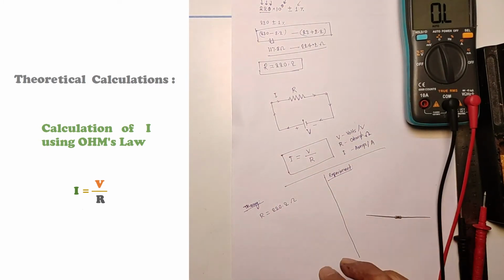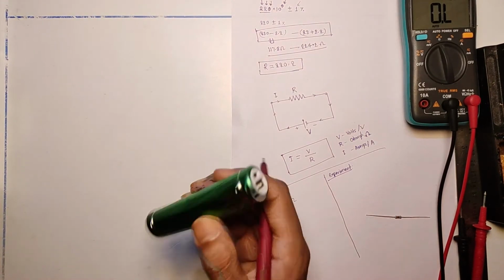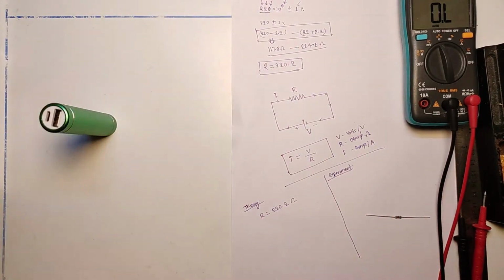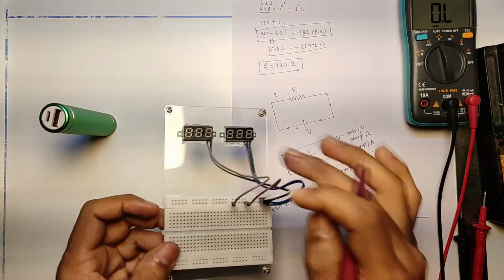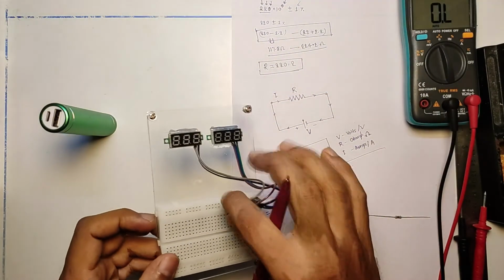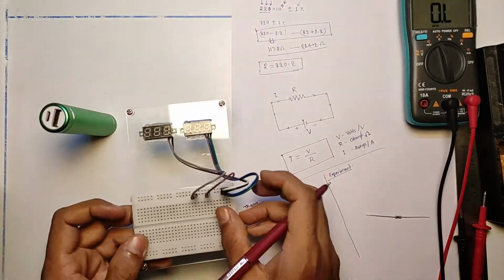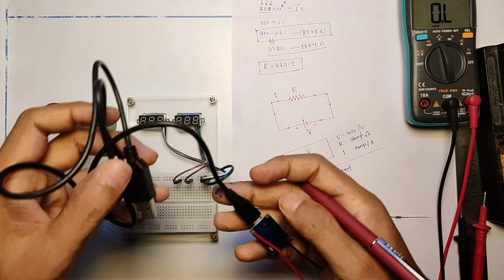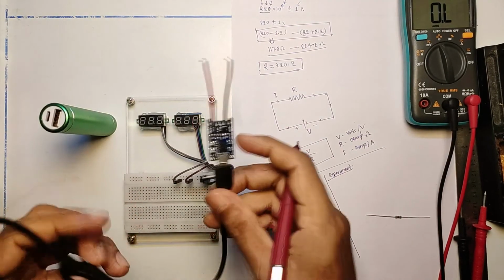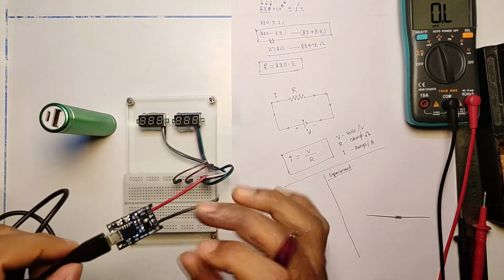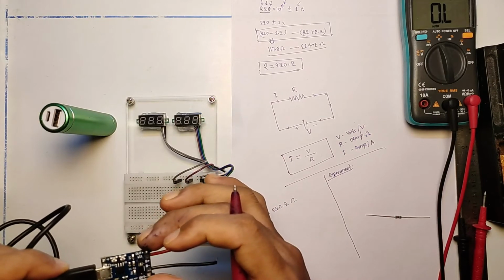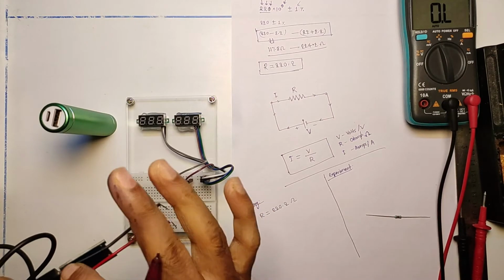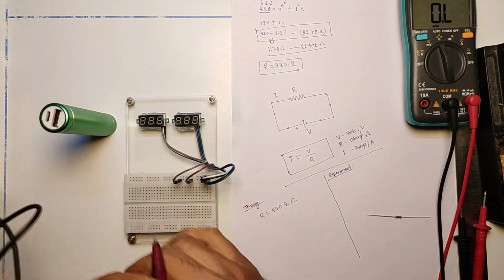We need a voltage source. For the voltage source I got a power bank, but with no cable I cannot connect the voltage. I need another arrangement. So for that I have a breadboard arrangement here. There are 2 voltmeters attached on the breadboard. There are 2 probes, we can measure the voltage, but I'm not going to use those. Now we need to supply power to the breadboard. I have another arrangement here.